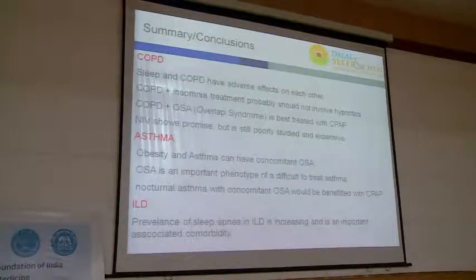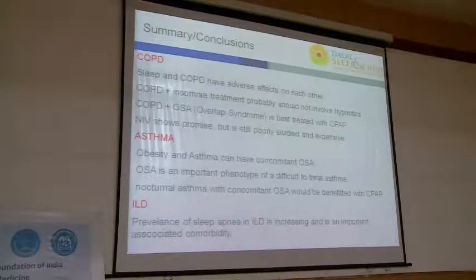So in summary, I would like to say in COPD, sleep and COPD have adverse effect on each other. COPD plus insomnia treatment probably should not involve hypnotics. However, you can give them for a short time in acute conditions. You can think of cognitive behavioral therapy. COPD with OSA, that is overlap, is best treated with CPAP. NIV shows promise but is still poorly studied and expensive. You can still think of a bilevel where you have overnight hypoventilation or sustained hypoxemia in spite of using a